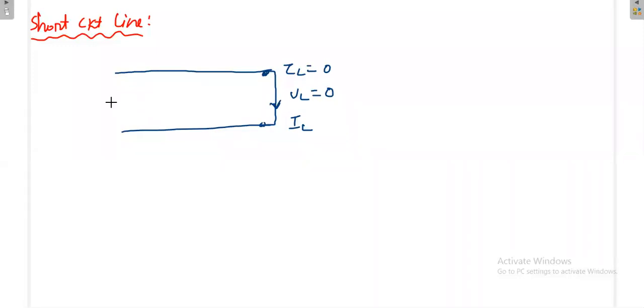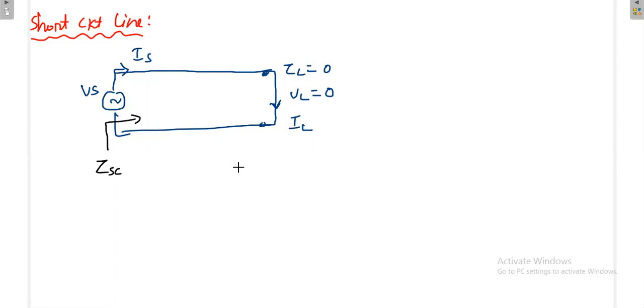This is the source voltage. Now this is Vs and this is your Is. Now I want to measure the impedance looking from this point, that is ZSC. Now you know the voltage at the load is 0. Then you choose the corresponding transmission line voltage equation, because you have two equations: one for current and another for voltage.